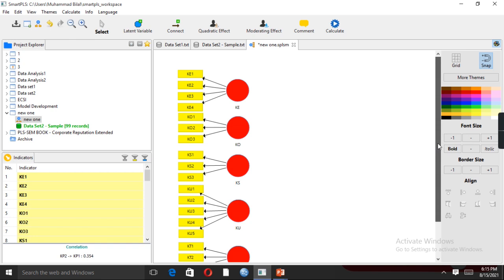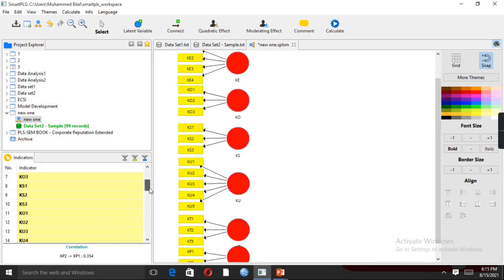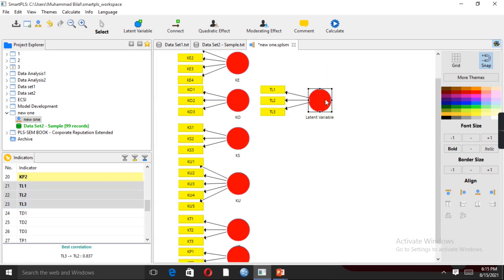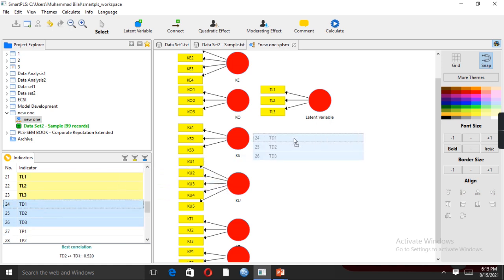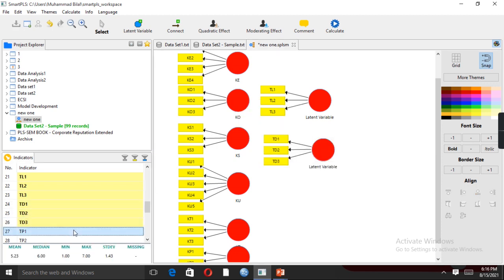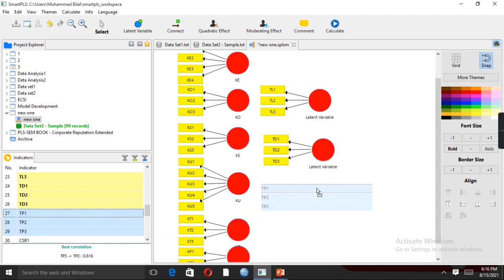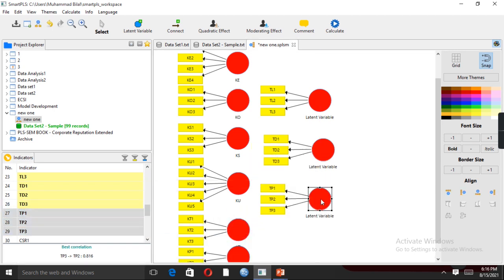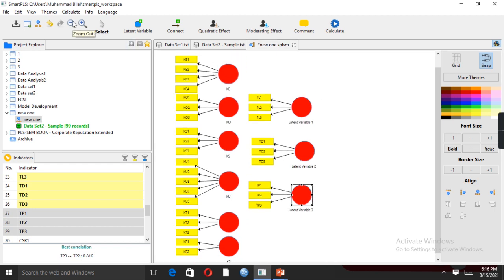So the next step is that we are going to add all the indicators of the independent variables. So here we are. First, team learning, team development, and finally team performance. So these three are our mediator variables.